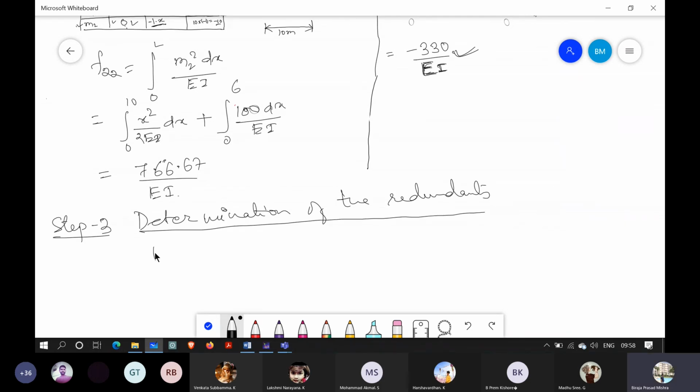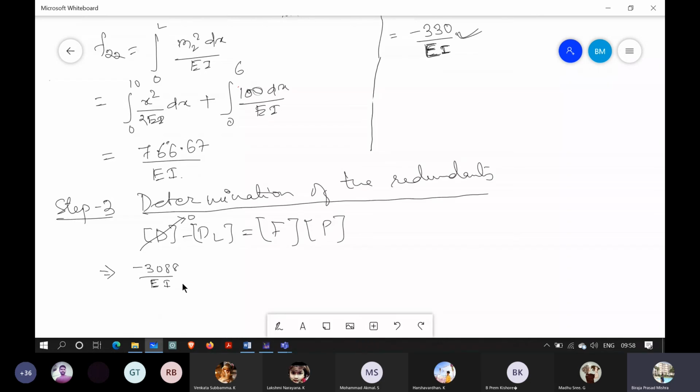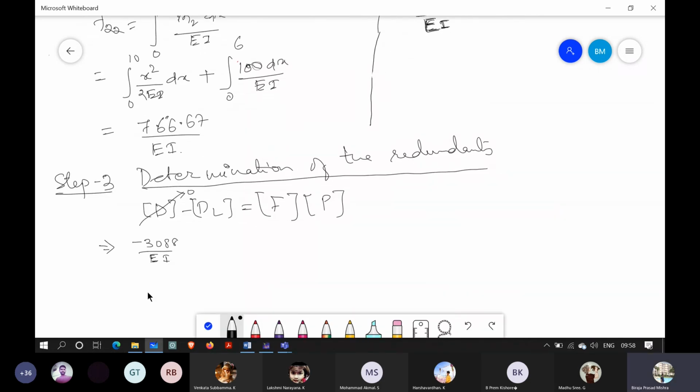We already know this is D minus DL equals to F into P. This D we already know, there are no sinking of supports. So this implies this minus DL is minus 3088 divided by EI, and it is plus 8690 divided by EI